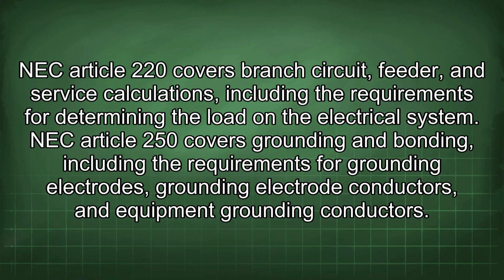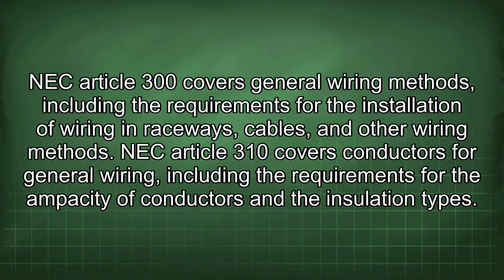NEC Article 250 covers grounding and bonding, including the requirements for grounding electrodes, grounding electrode conductors, and equipment grounding conductors. NEC Article 300 covers general wiring methods, including the requirements for the installation of wiring in raceways, cables, and other wiring methods. NEC Article 310 covers conductors for general wiring, including the requirements for the ampacity of conductors and the